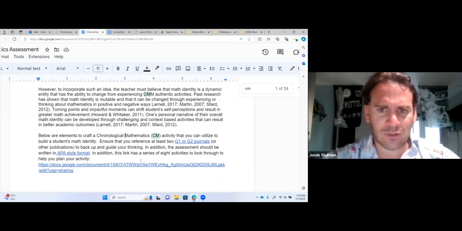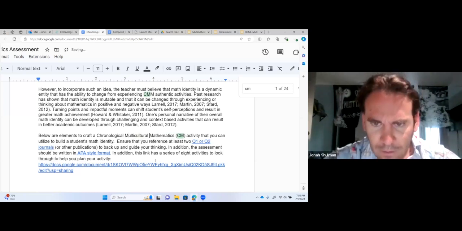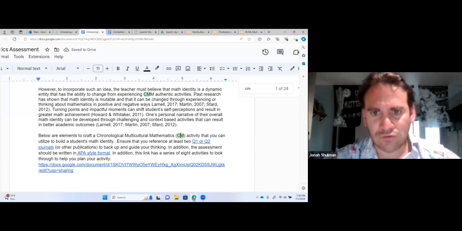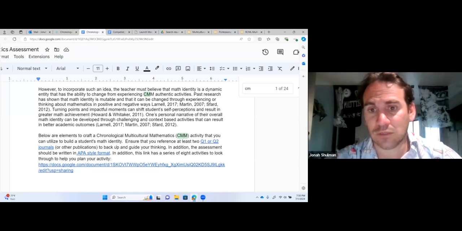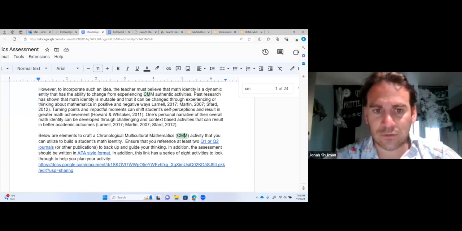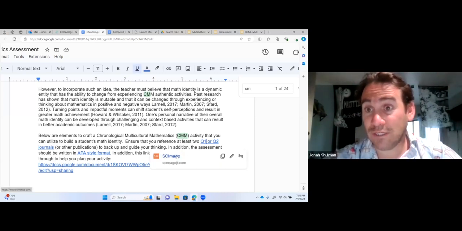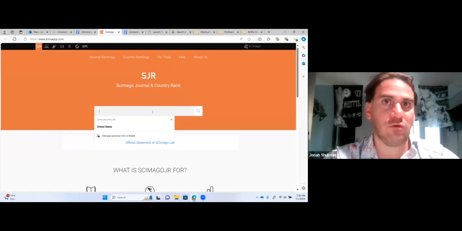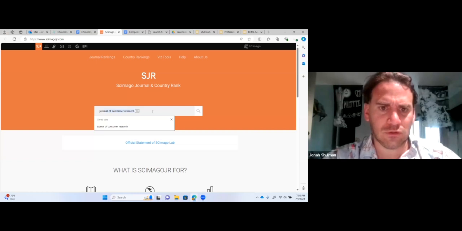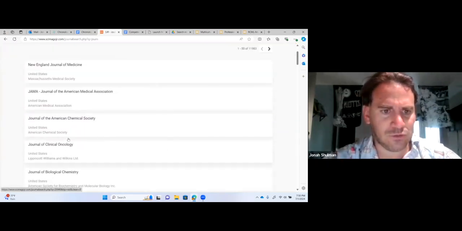So here's the activity. Below are the elements to craft your own activity that you can utilize to help build students' identity. Ensure that you reference some journals. In this one, I actually want you to look up some journals to figure it out. This is a website that you can use to actually rate journals. So any article you might find, let's say it was from the Journal of Consumer Research, right? It will come up, journal,